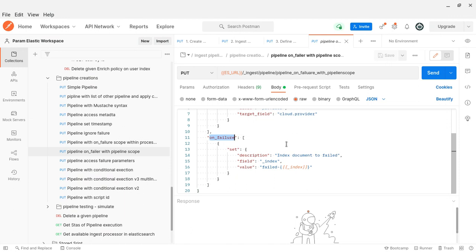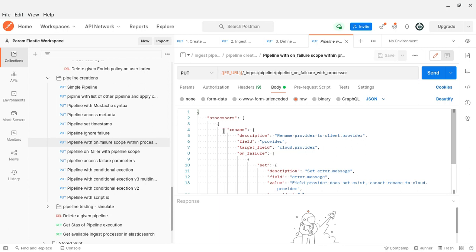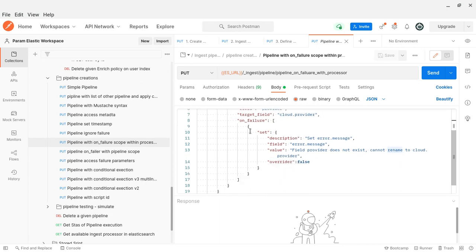So it's kind of a try-catch block. Here you can see rename is one processor, and within it there is on failure, and you can even go one more level, a nested level. That is possible in the ingest pipeline. So from a debugging perspective both are the same. Even in Logstash you can do it using the Ruby plugin, but here it is also the same. Okay, done.